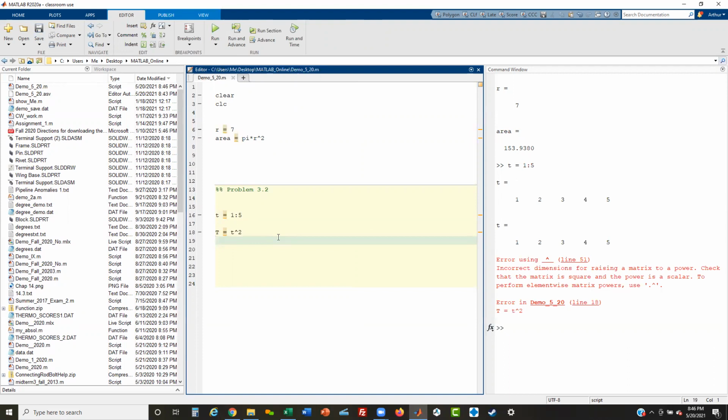Mat in MATLAB stands for matrices. MATLAB works off of the matrix mathematics. So if you're trying to square